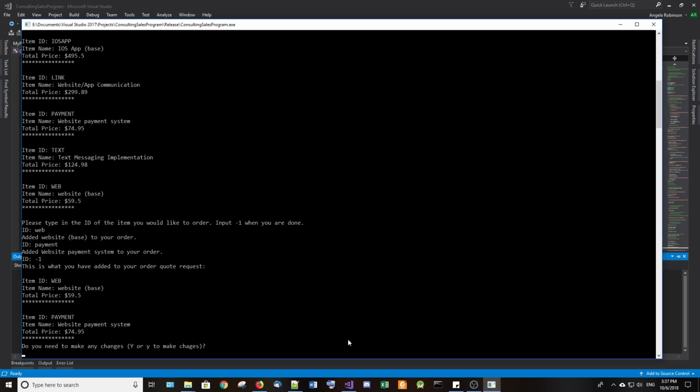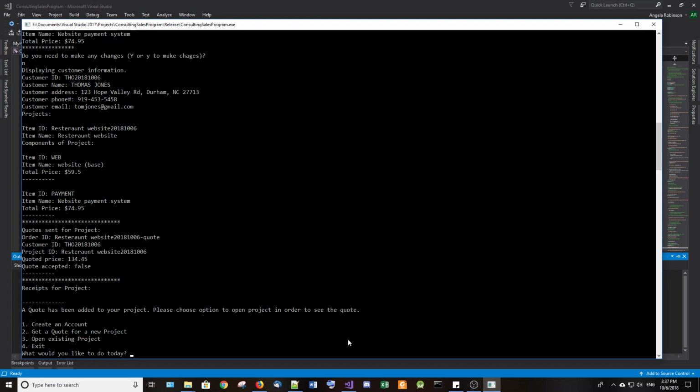Again, you would type in the ID, and then it will take out the information. Right now we are not going to make any changes, so just doing a quick one here. All right, so it did create a quote. So it prints out the quote here, and it has not been accepted yet, so you can